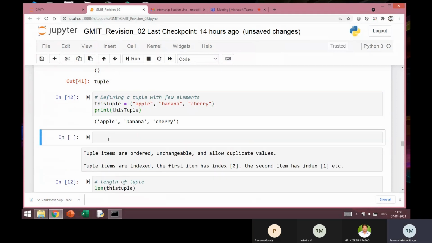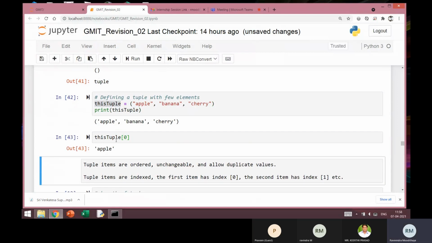Now, the meaning of saying it is immutable is I cannot change the content of any one entry. For example, the element at the 0th location of this tuple is apple. Now, I cannot change this.